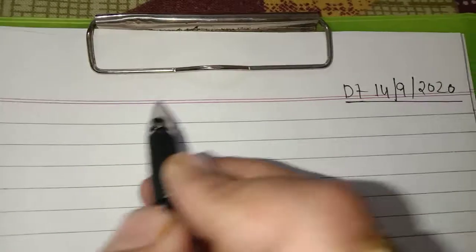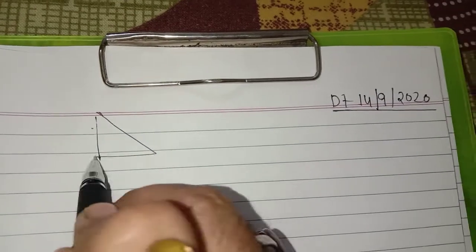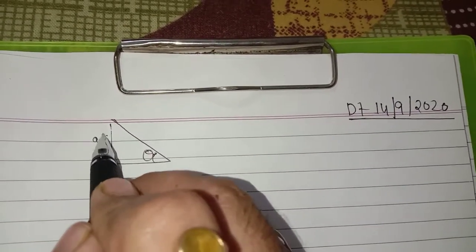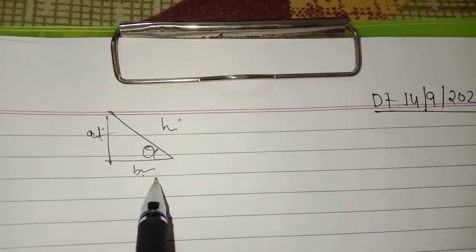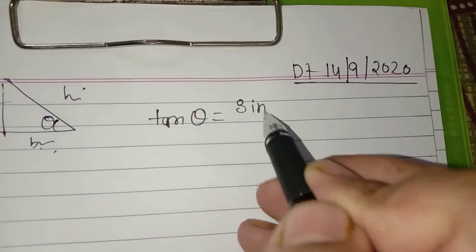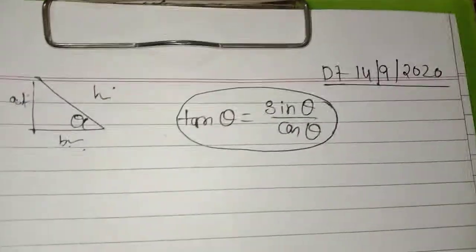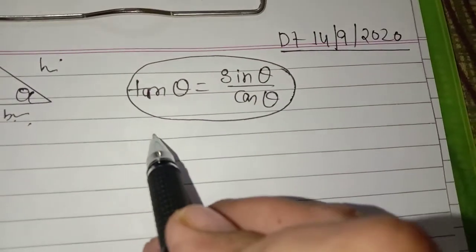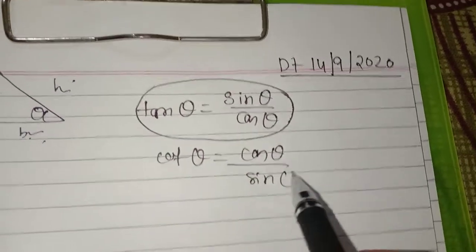One thing I would like to revise here, that we got the value of sine theta as altitude upon hypotenuse. Cos theta is base upon hypotenuse, tan theta is altitude upon base, and then I also explained you some inverse values of sine, cos and tan. One more thing we'll prefer here, that is tan theta has one more value, sine theta upon cos theta, because whatever the next segment I am going to do, I will prefer this. As well as if I am talking about cot theta, it will be what? Inverse of tan, it is cos theta upon sin theta.